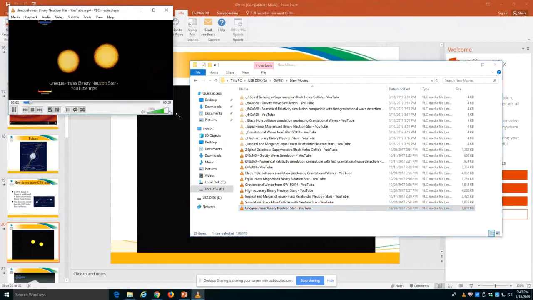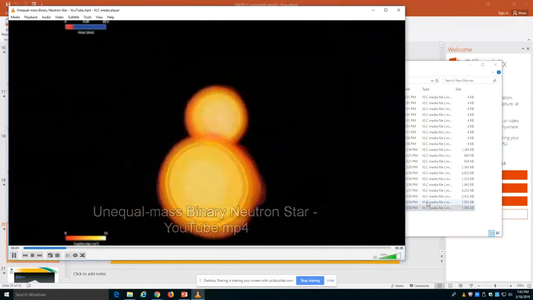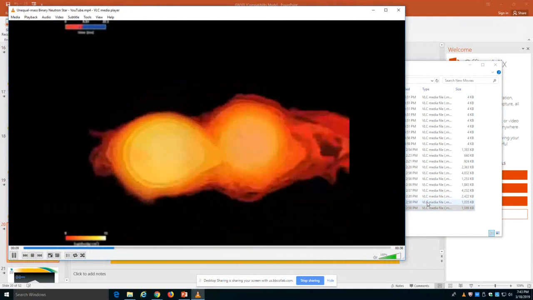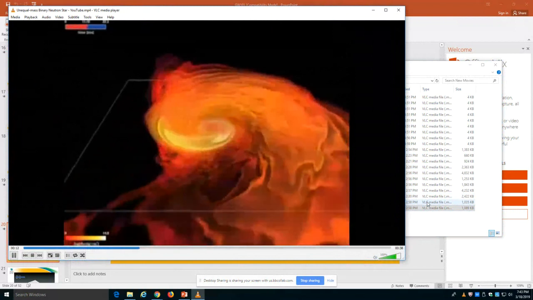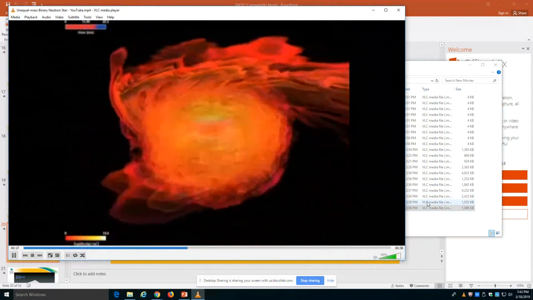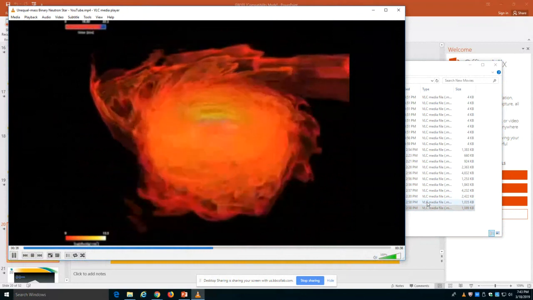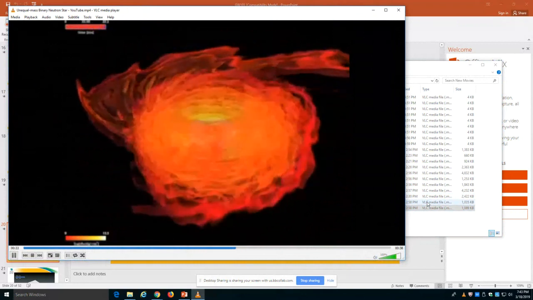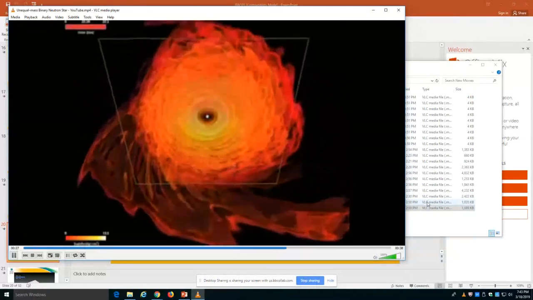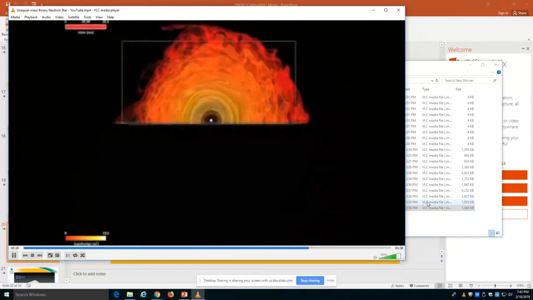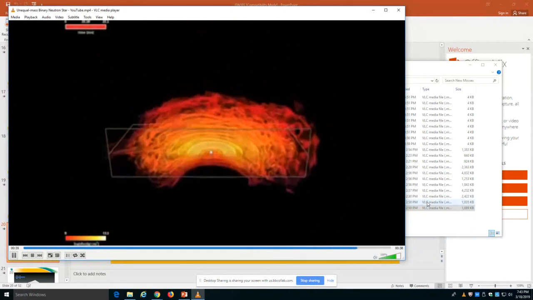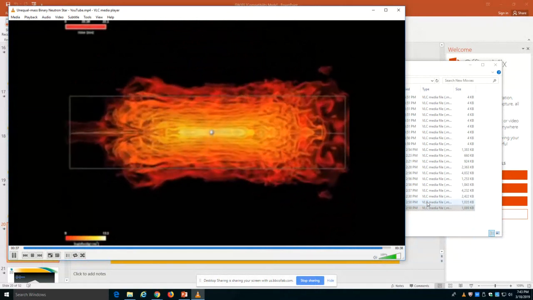And then this is the last I'll show you on this stuff. These are unequal mass binary neutron stars. So they've been able to do all these different simulations where they just change some parameters. Like you'll see that they can have two equal mass black holes. They can have one black hole more massive than the other. They could have one neutron star more massive than the other. They could have a neutron star with a black hole. You could do pretty much any combination of that. And the nice thing is once you do a computer simulation, you can see all the data pretty much everywhere in here.